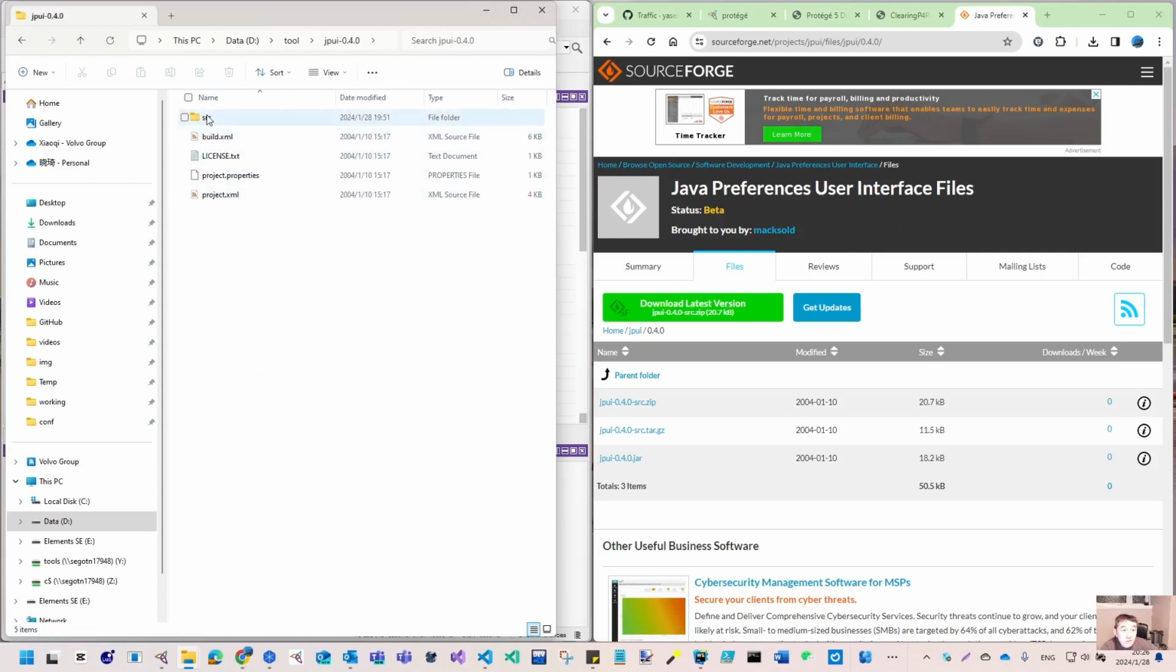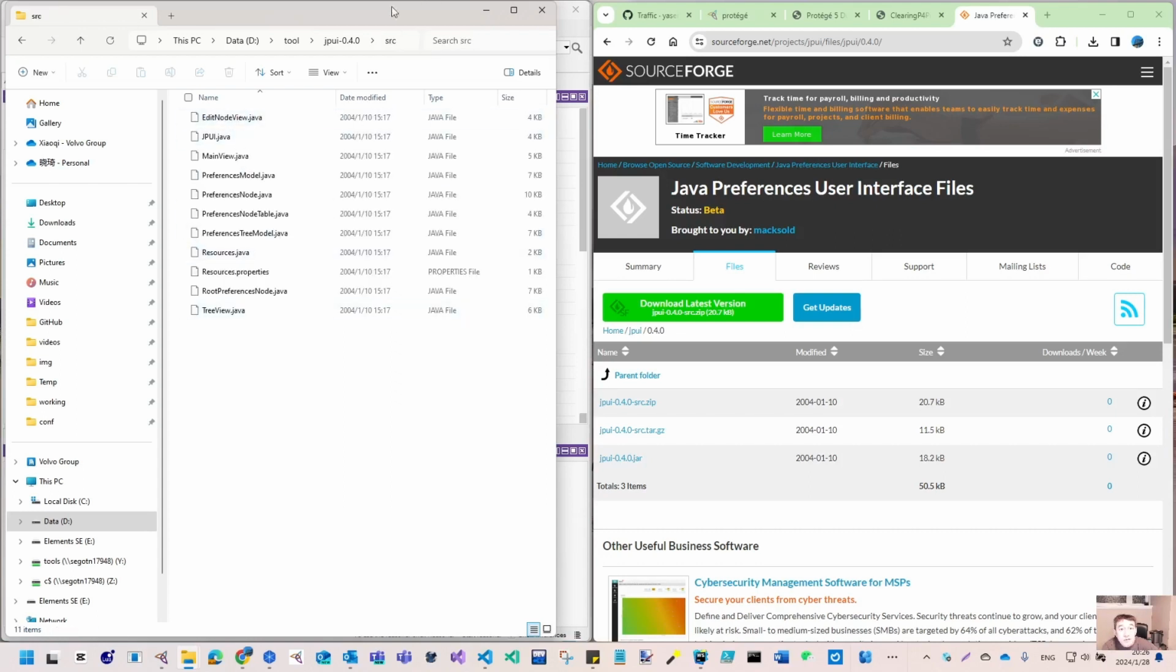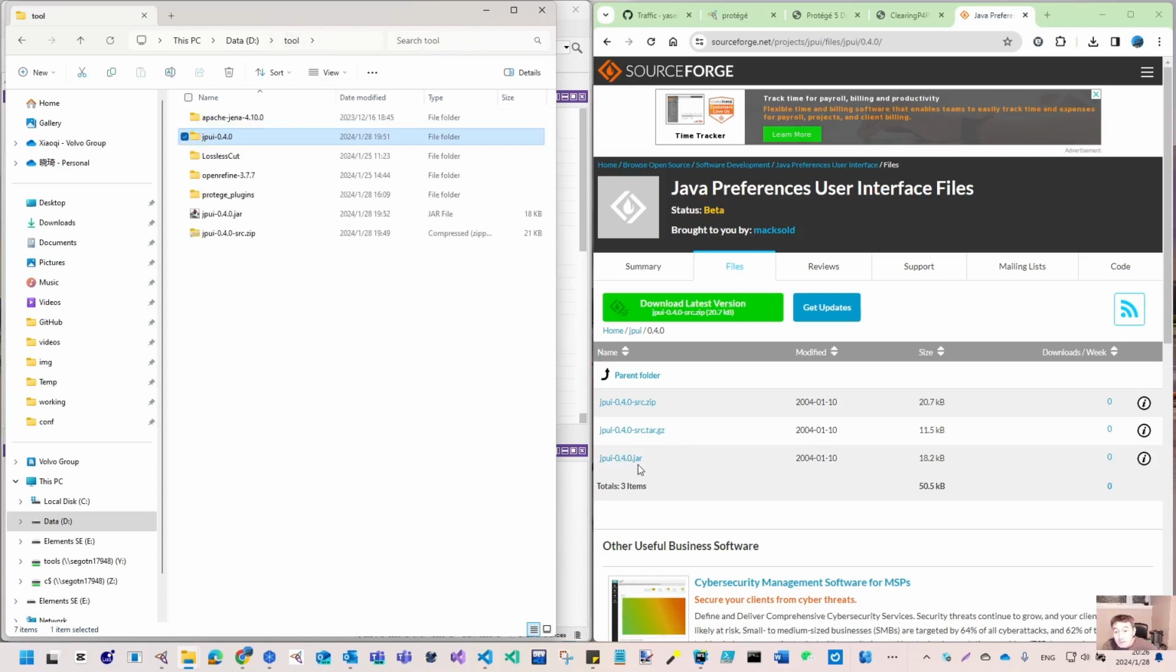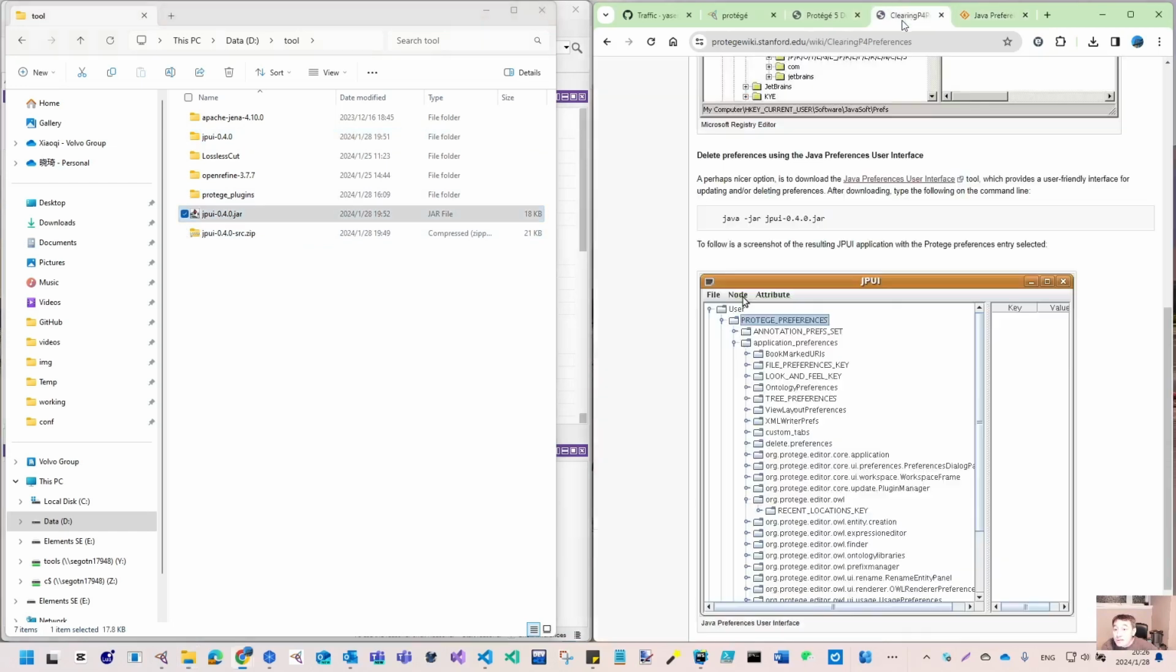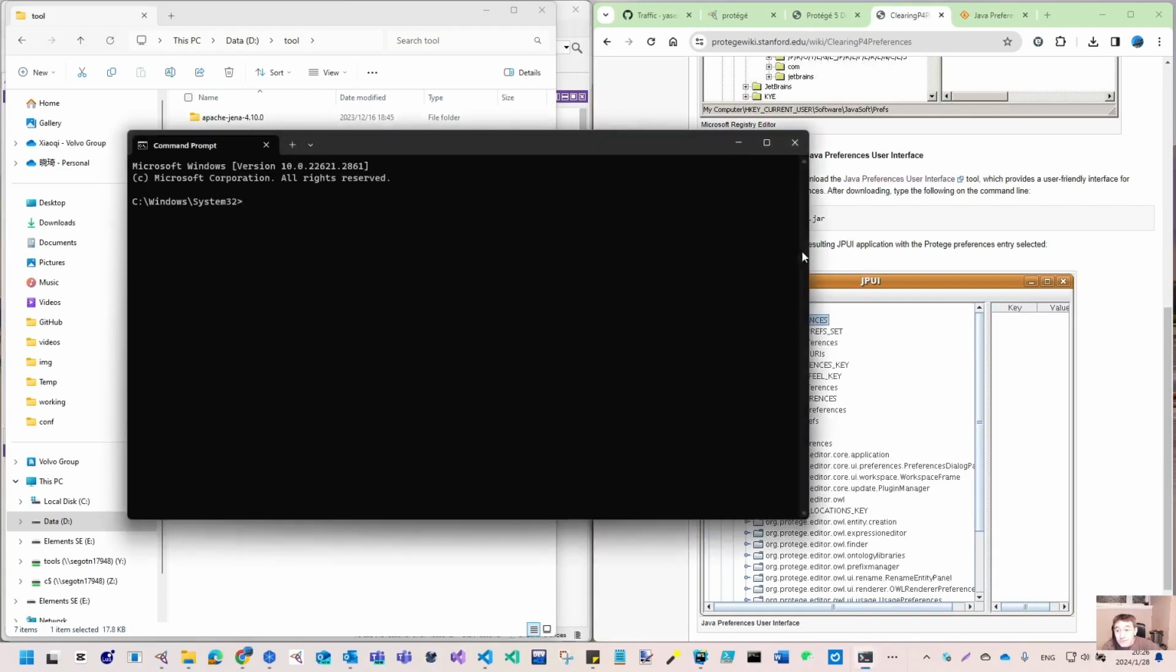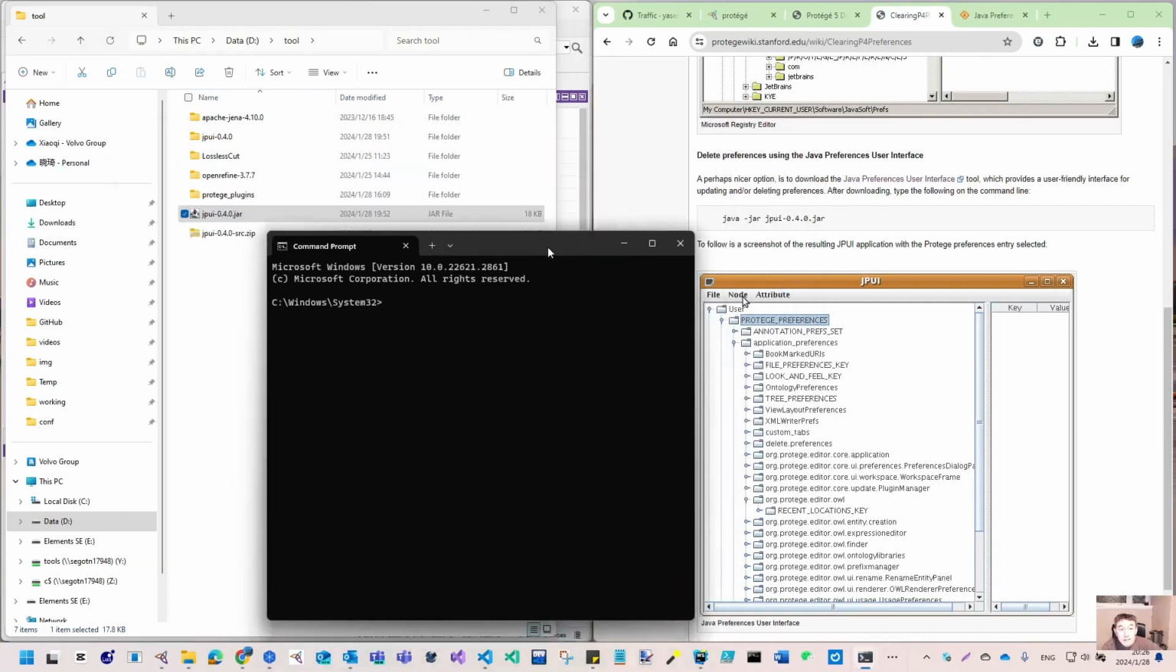So that is the source. You can compile those because all of those are the Java source package, or you just download this jar file. This one I already downloaded, and the usage for this one is just to come to this command,